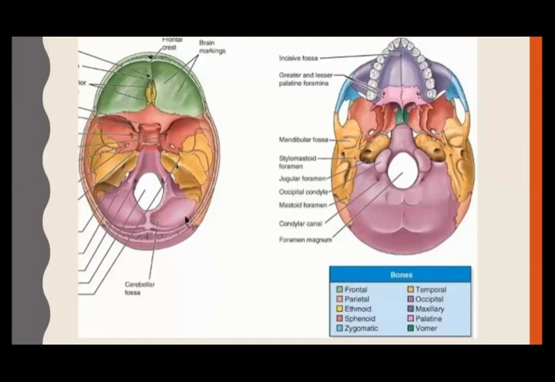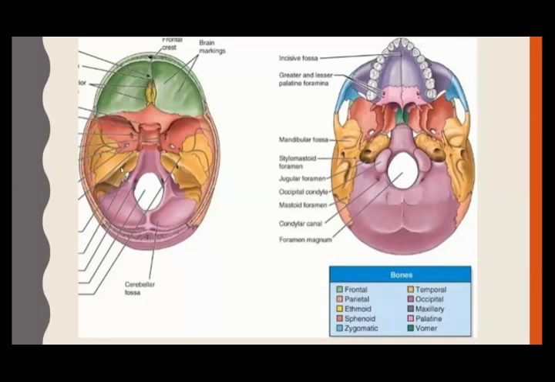It is deep because this is the part where the cerebellum lies. Cerebellum is part of the brain. So this is called the cerebellar fossa. And lying within the occipital bone, this is the foramen magnum, through which the spinal cord and meninges pass. This foramen,